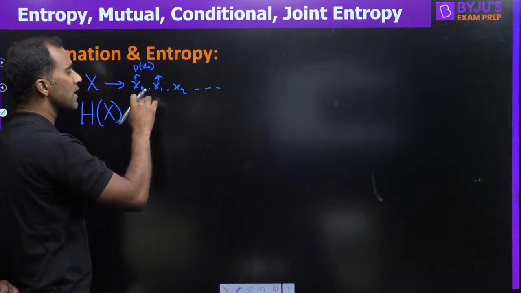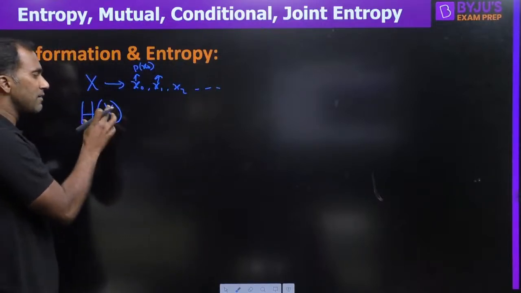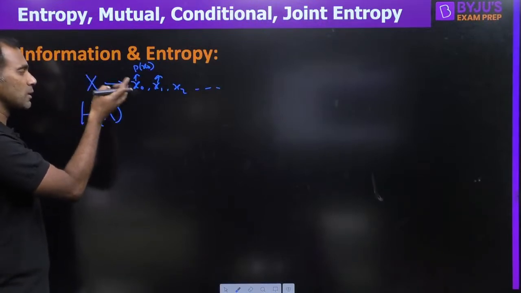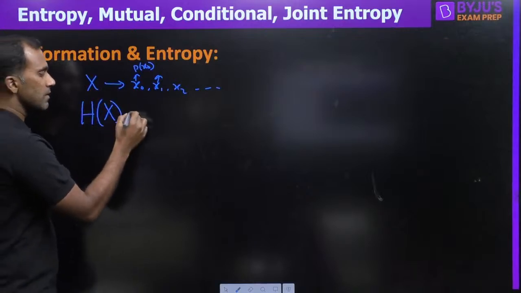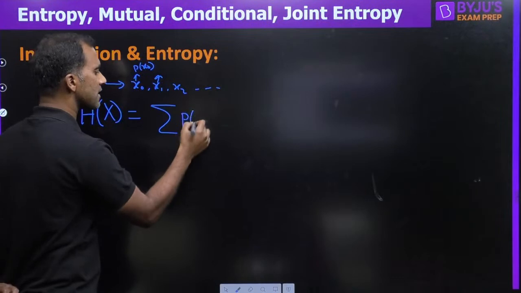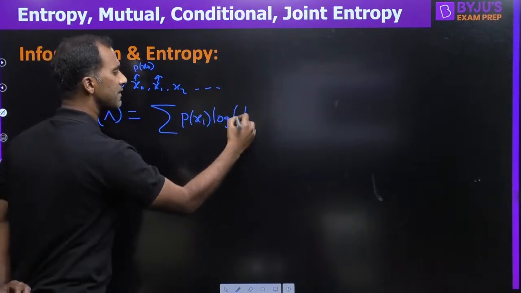We can find that information, and you can find the average information of all the possibilities of a random variable. So if you're talking about random variable x's entropy, you can denote it as H of x. If you're talking about random variable y's entropy, you can write it as H of y. So what is the formula for this? We've just now found it. It is sigma p of xi into logarithm of the same formula whatever I have written previously.